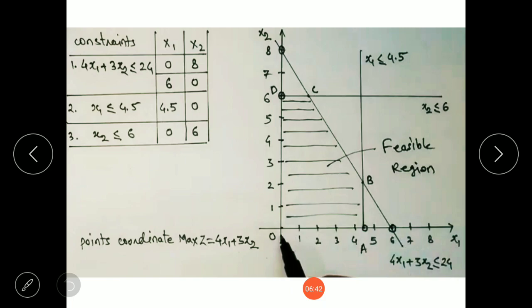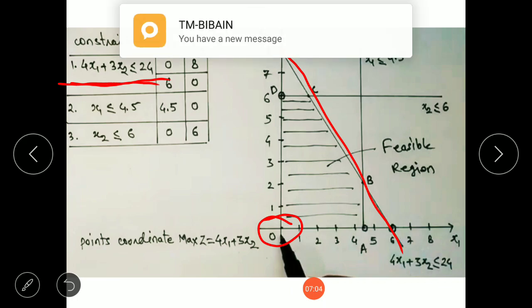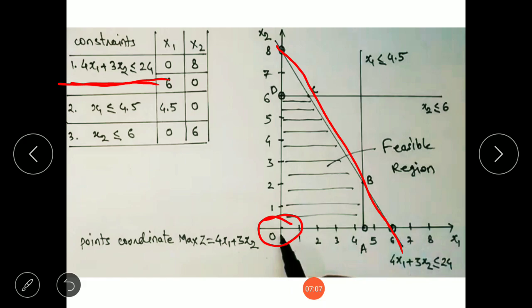So 4x1 plus 3x2 less than or equal to 24. But 4x1 plus 3x2 is equal to 24 is this line. To find which region represents the inequality constraint 4x1 plus 3x2 less than or equal to 24, a simple method is to put x1 and x2 equal to 0, 0 in this equation and see whether the inequality constraint gets satisfied or not. After putting x1 and x2 equal to 0, 0, we get 4 into 0 plus 3 into 0, which is 0. So 0 is less than or equal to 24, which is satisfied, which means the shaded area is this part for this inequality constraint.